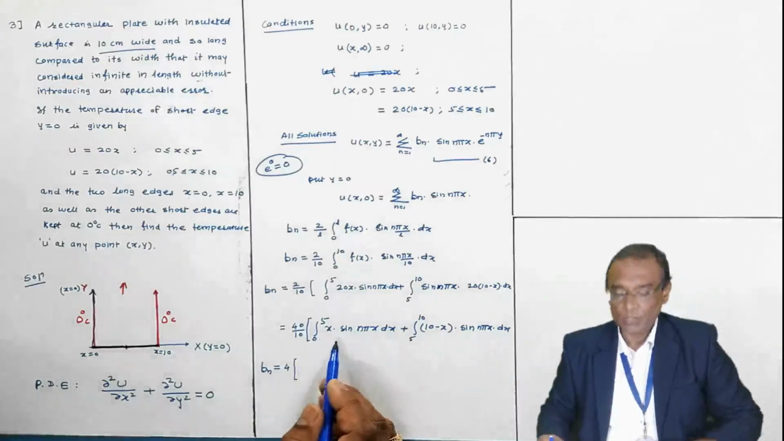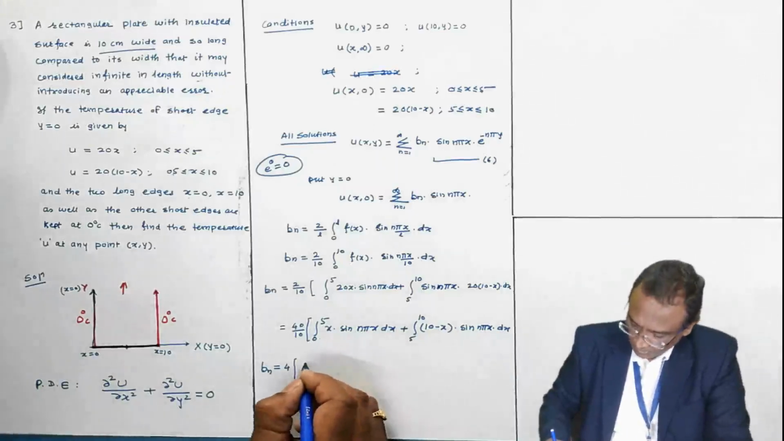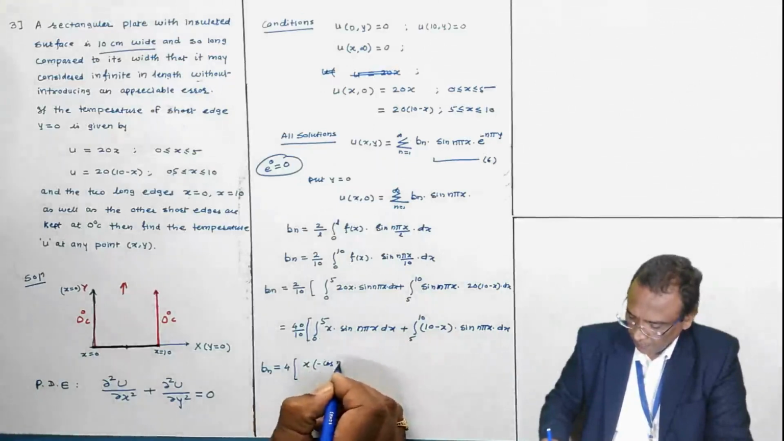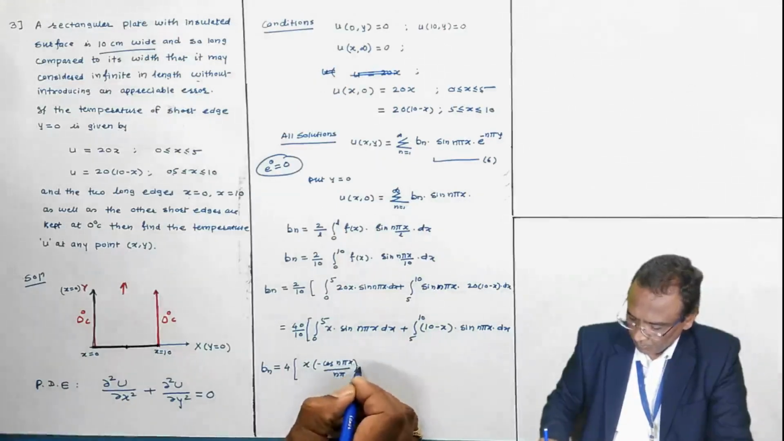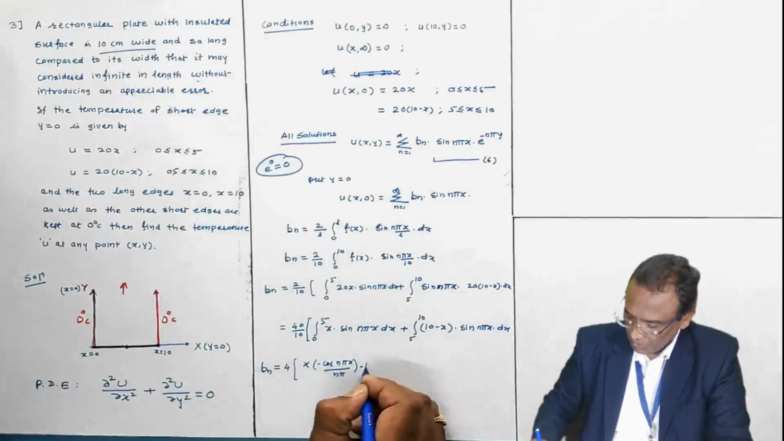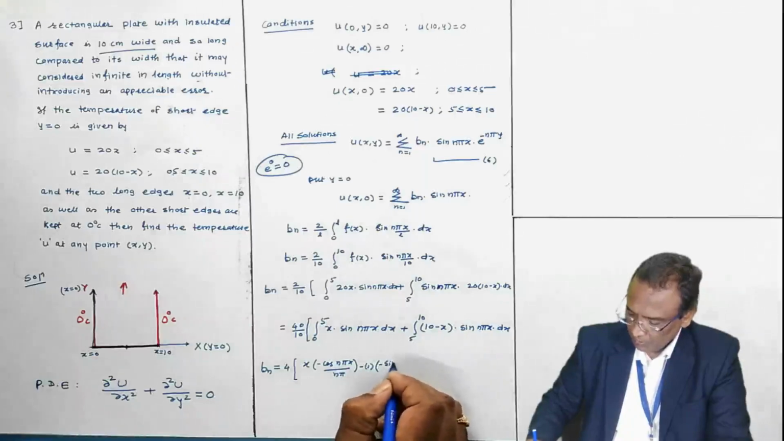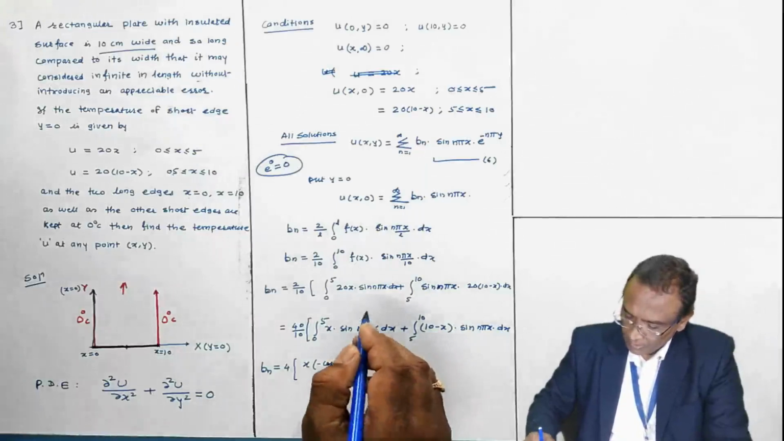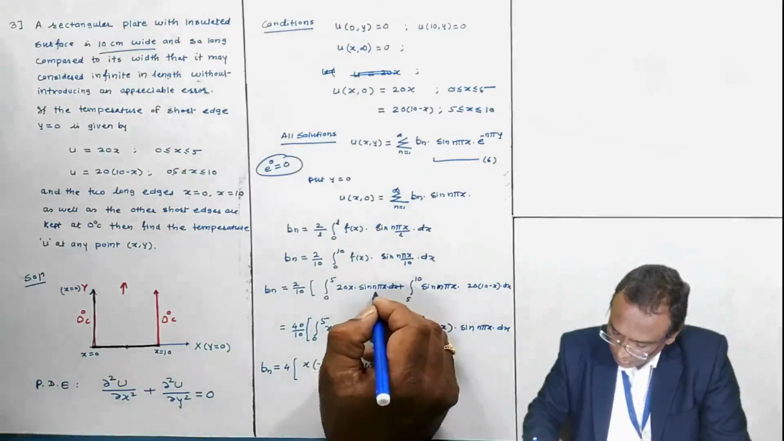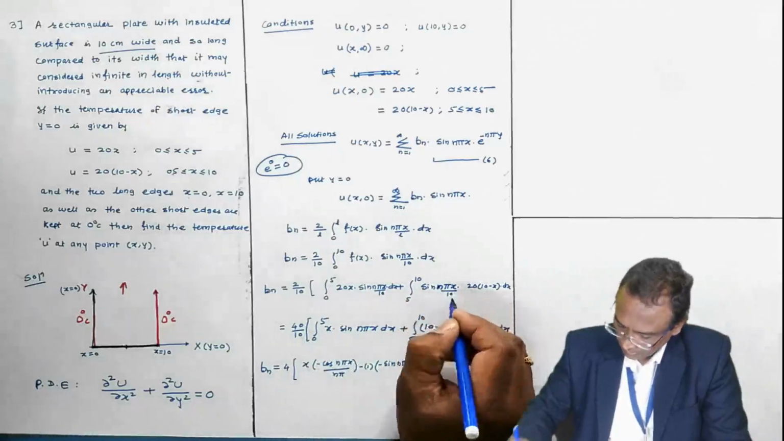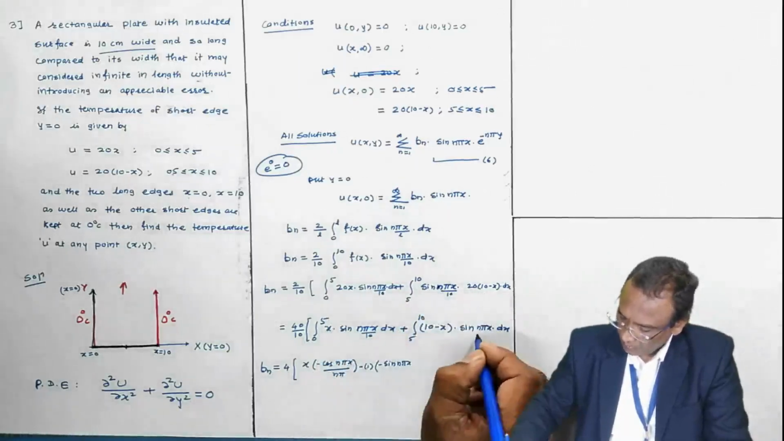Apply integration by parts. Do it very carefully. First function, integral of sine, minus derivative of x is 1. Integral of this is minus sin(n pi x by 10) by n pi by 10. It should be there, no? The 10 is there, that I have not written. Here we have 10, here we have 10,